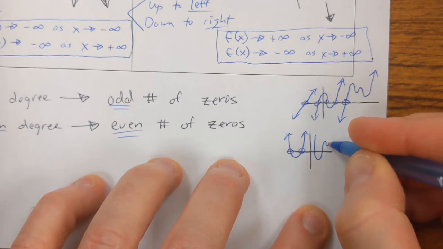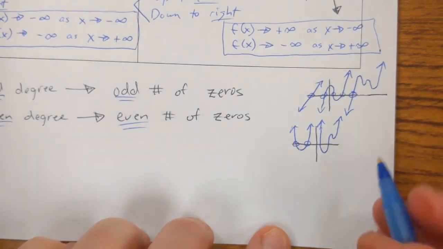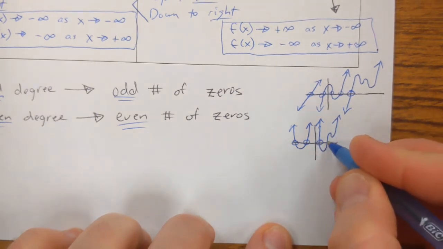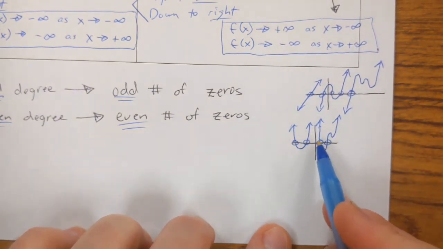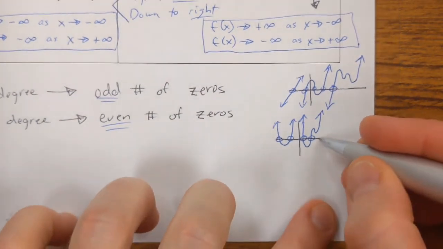So here's an example of a quartic. But it is a guarantee there will always be an even number of zeros. So here again you have a quartic, it crosses the x-axis twice. And I do want to point this out real quick. Even if you had a parabola